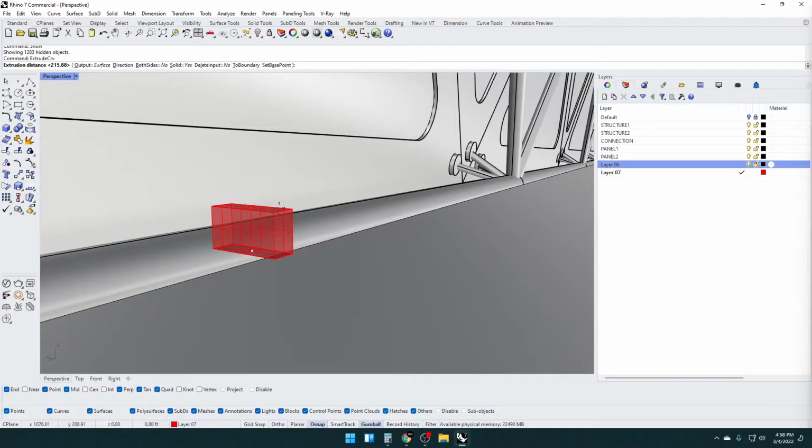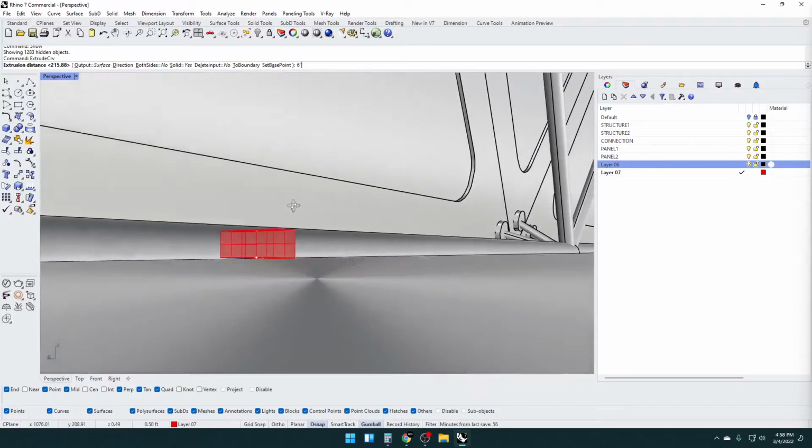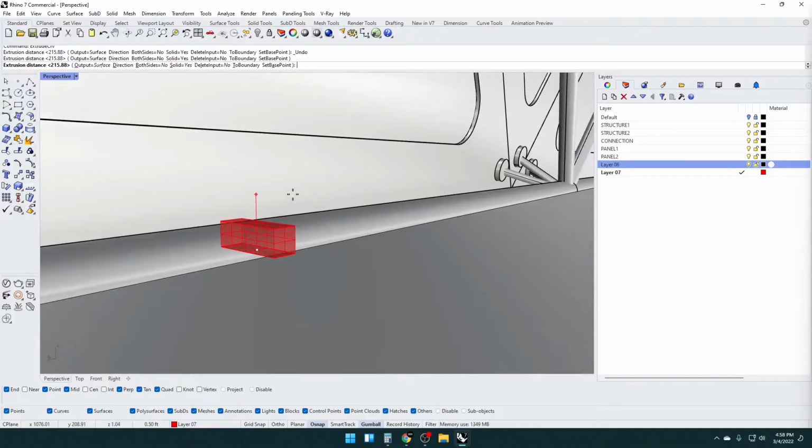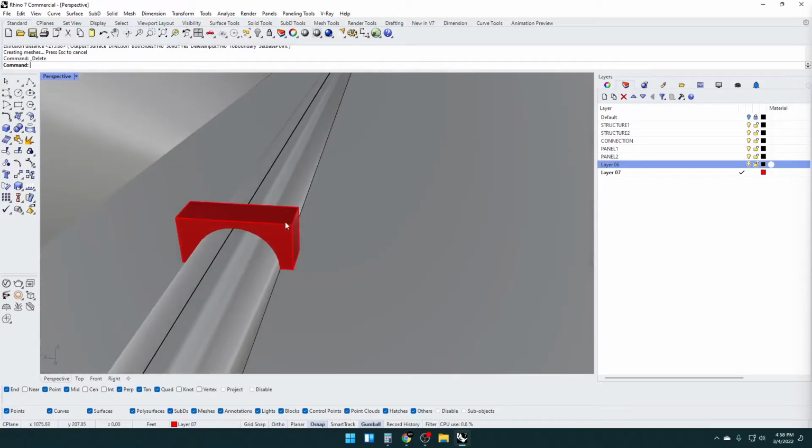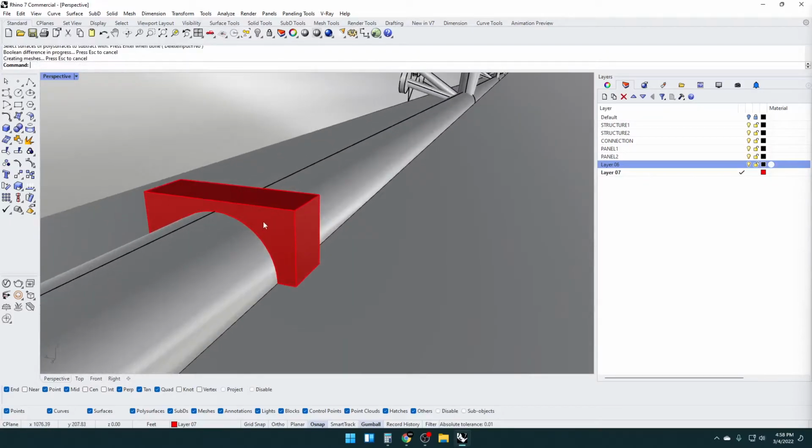It could be as simple as taking this and then doing Boolean difference to the inside to create a connection,